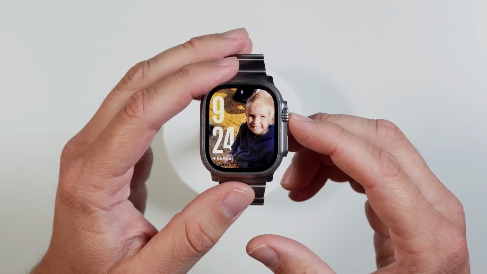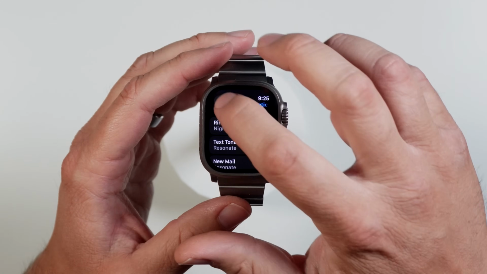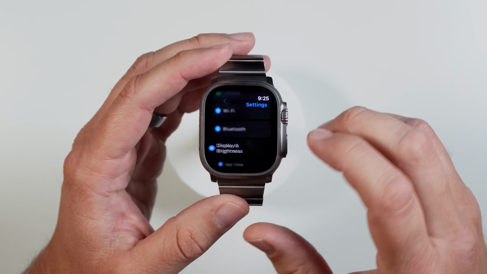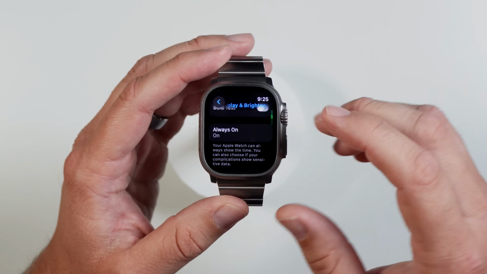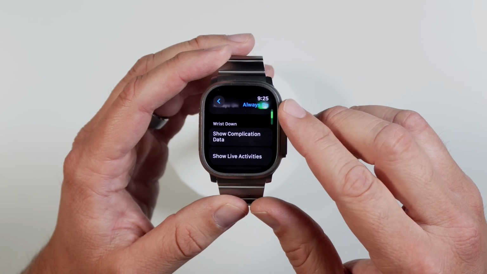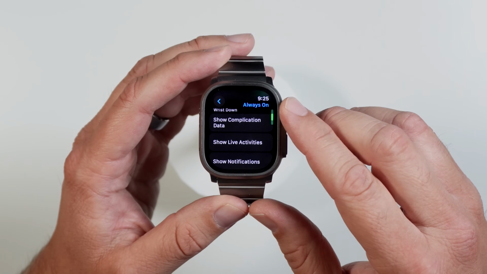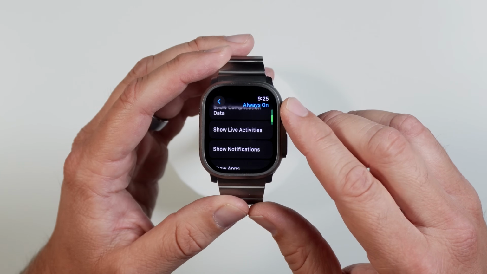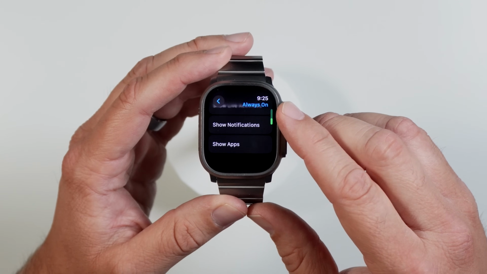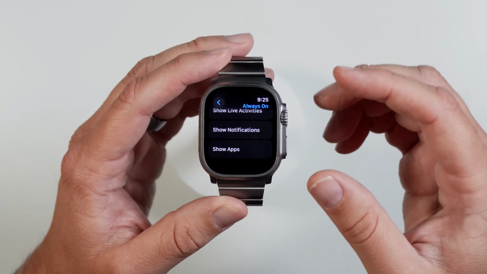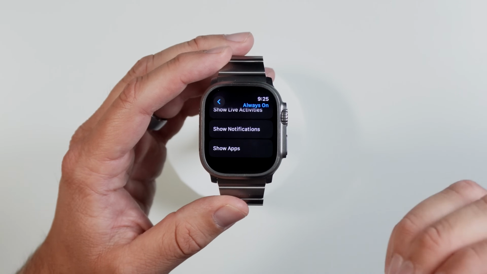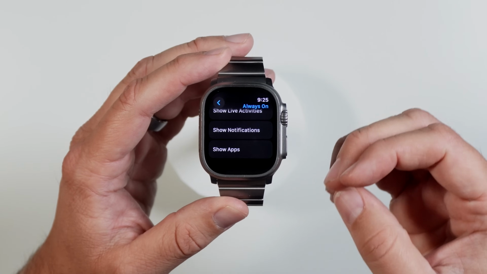The always on display is getting a little bit better and a little bit more customizable now. So let's go ahead and go to display and brightness and see if we have other options here. So we have always on turned on, wrist down you can set to just show complications. You can set to show your live activities, notifications, or just show your apps. So this will change how the device looks when the wrist is down. So when it is in that off state,